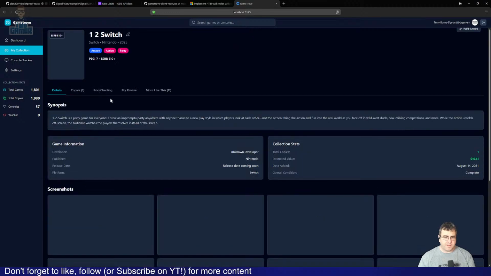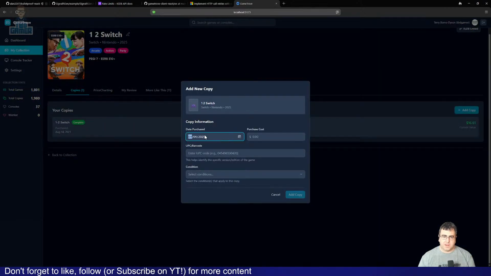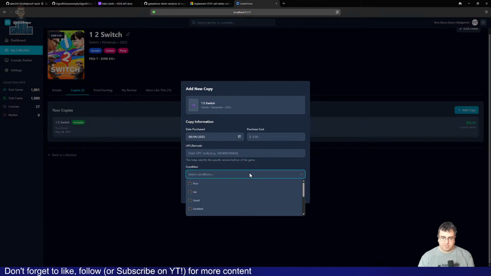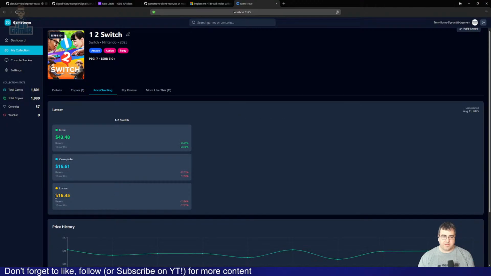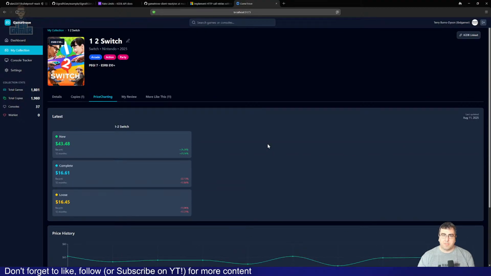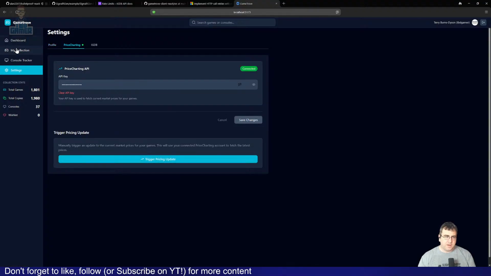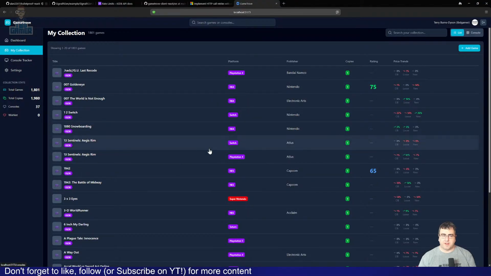If I go into a game and go to add a copy of a game, it will let me select the date purchased, how much I paid for it, and barcode it, etc., and set the condition. The condition is how I deem it, so that if it's sealed, that's new, that's mint, so it evaluates that as new, and that obviously makes a difference for the price chart and stuff. So I'm pulling PriceCharting data in. I have a paid API key from PriceCharting that allows me to run that update, and that's what I did this morning. I went into here, I hit that button, it downloads the file, and then goes off and updates all the game pricing in the background.